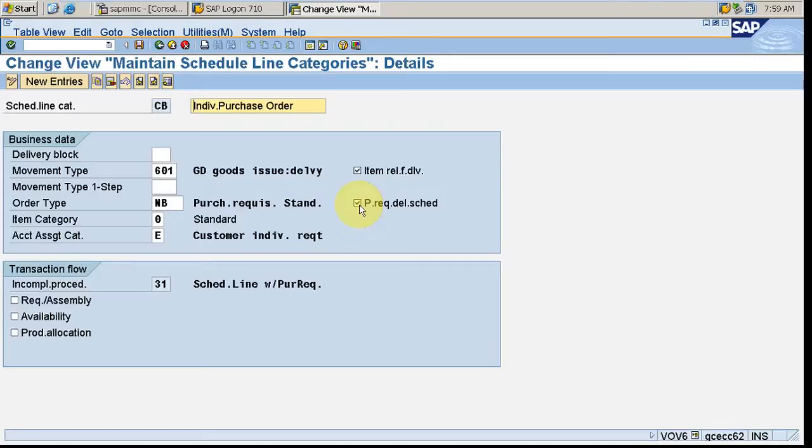Which field controls that? Billing quantity. Not the delivery quantity. There is a billing quantity field in copy controls. The billing relevance field is in item category. In copy controls there is the billing quantity field. There it controls again, that would be F and E. The control is for MIRO it is F, and with shipping notification it is E.